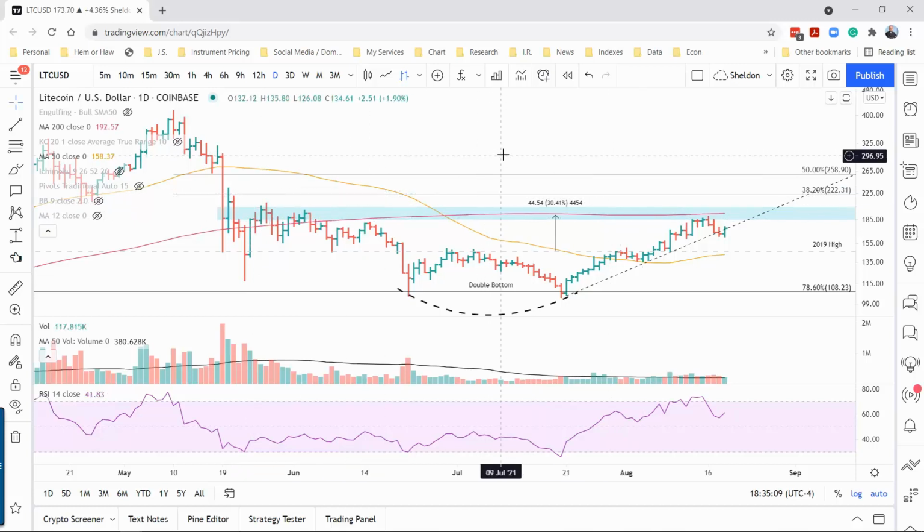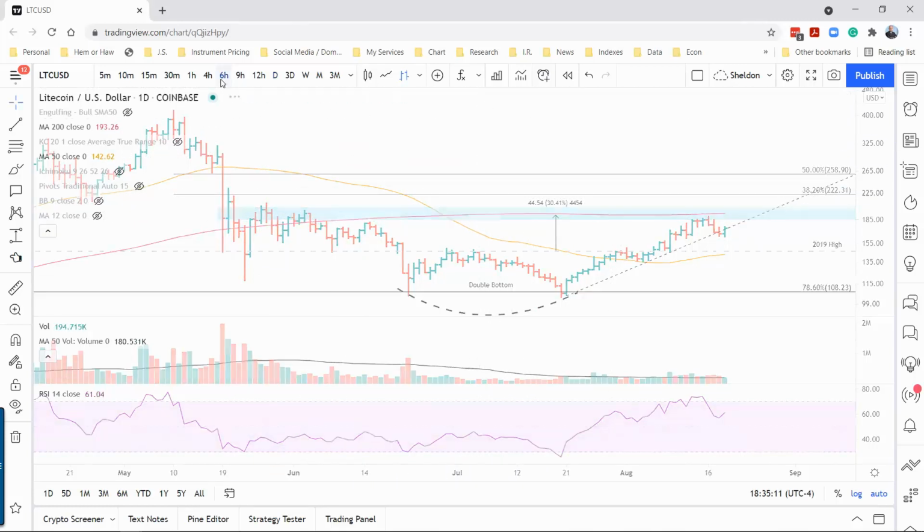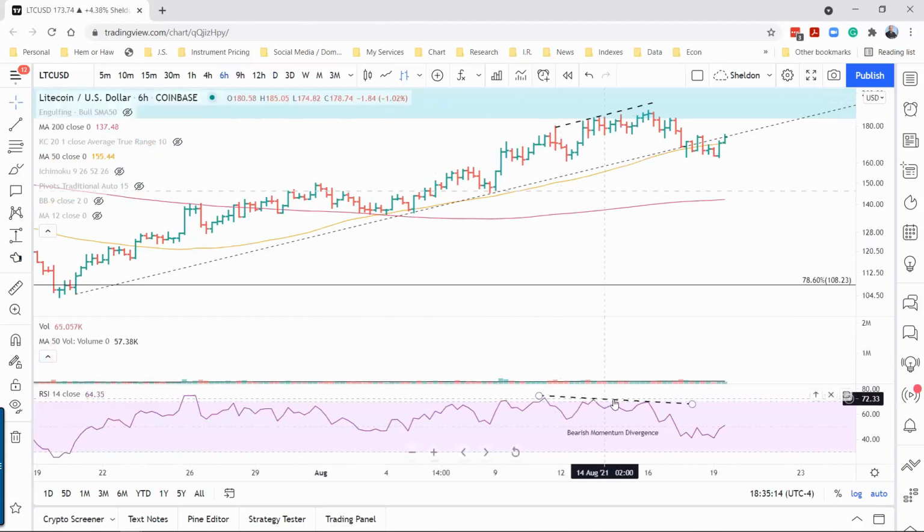So the reaction was to pull back. You'll see on the 6-hour chart, you had a bearish momentum divergence going into the measured move target and the 200-day simple moving average. It was something that was pointed out in an FXStreet article earlier this week. And we had the decline, we had the resolution to the downside. You'll see that it's trying to cling to support at the 56-hour simple moving average and the ascending trend line